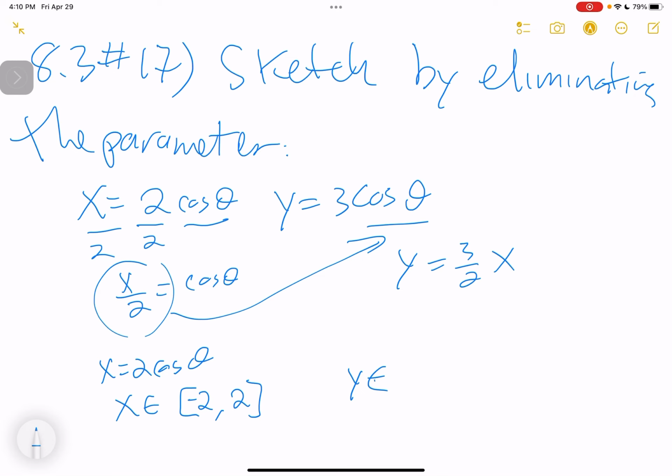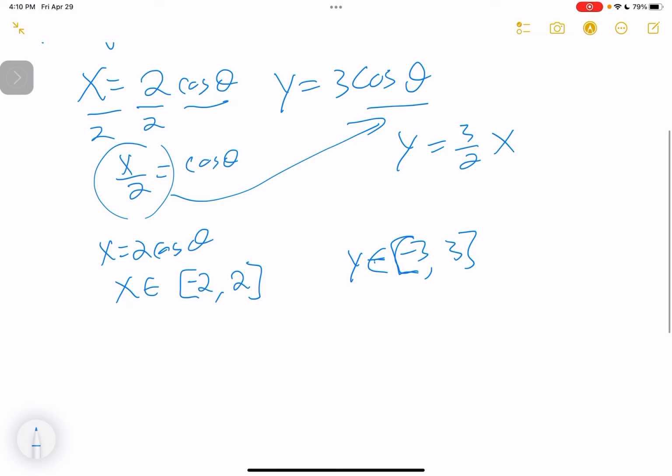The biggest it's going to produce is, because the biggest cosine can produce is a 1, that's 3. And the smallest is a -3. And that's it. So now we can go ahead and graph this. And I think we probably see what's going to happen. I mean, if we just graph it,